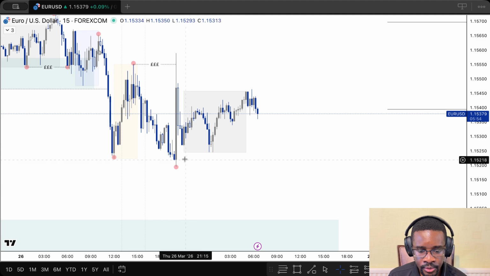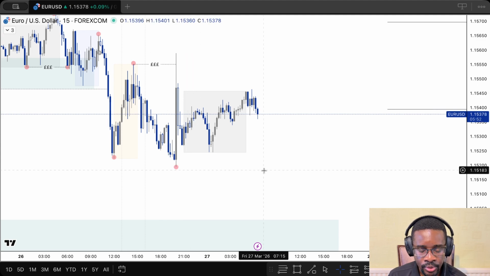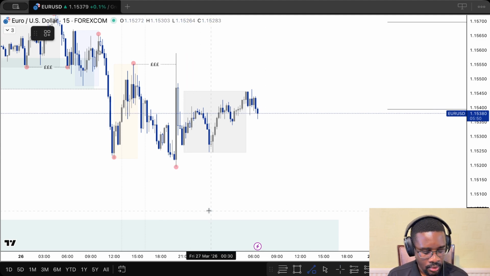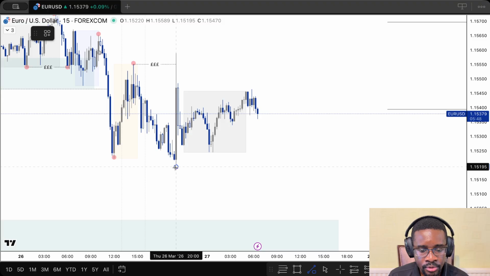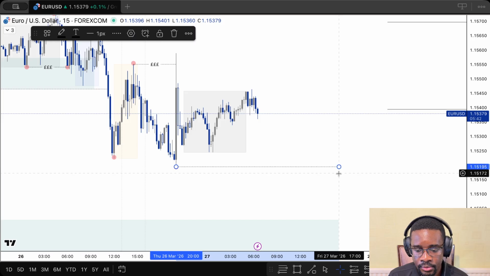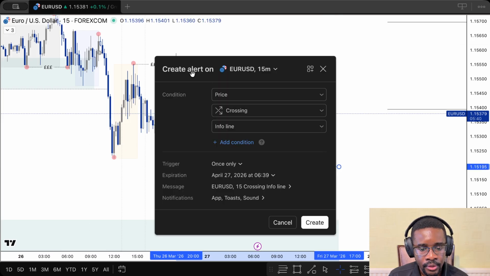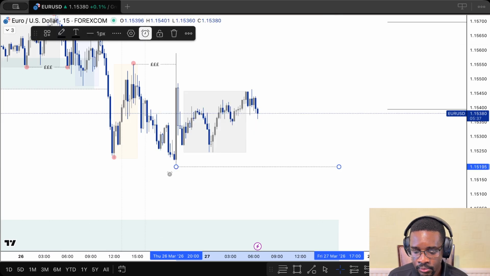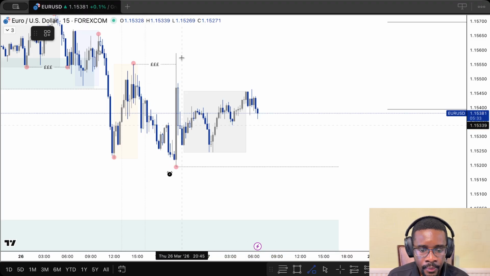As it stands, price is within this range, so these are not high probability conditions, so we might just have to wait to see what happens. So on here there's nothing that's clear at the moment,